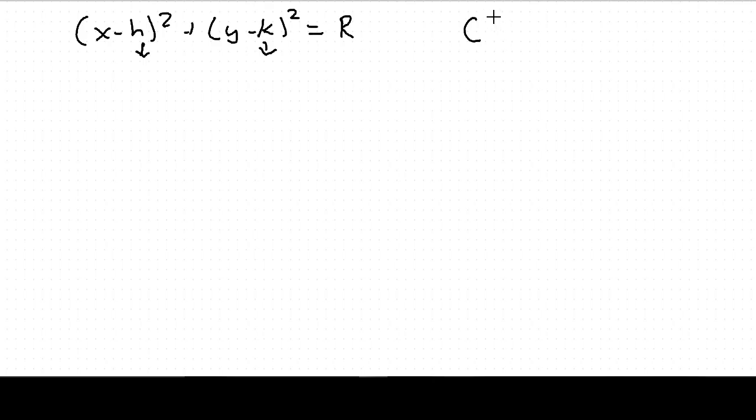So here's a general equation. This is your x value. That's your y value of the center. So your center is going to be at h comma k. And then your radius is going to be